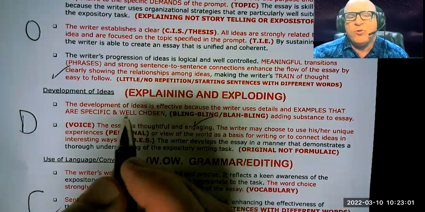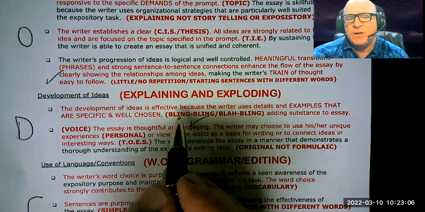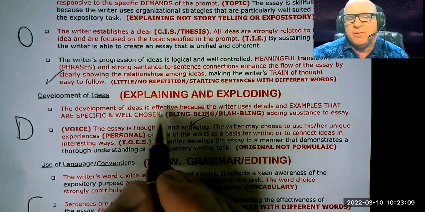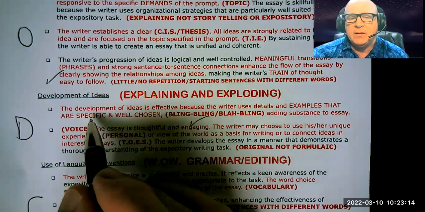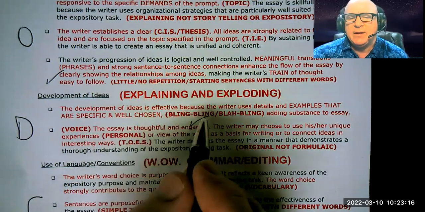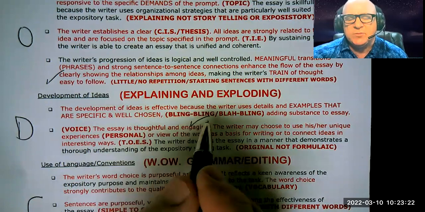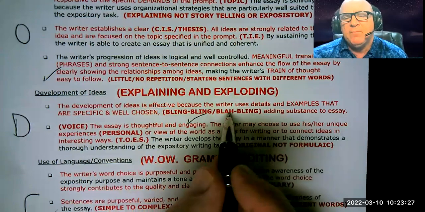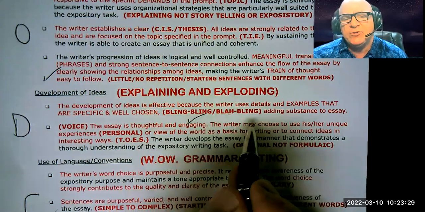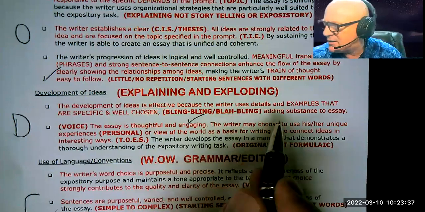They're saying, if you're going to give me a bling idea, get very specific, what I call GPS, get pretty specific, and keep that idea bling, not just a bling idea, but be bling in the way you explain it. If you have limited experience, which many kids do, then just turn your idea from blah to bling by the way you explain it. Make it more interesting and engaging because of how you explain it, and that will add substance to the essay. So there's the explaining part,